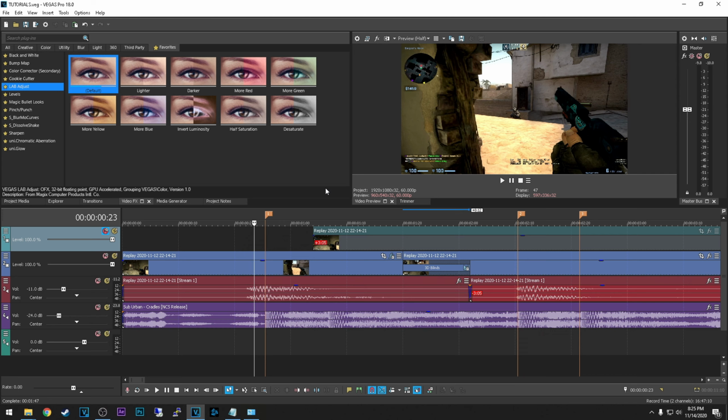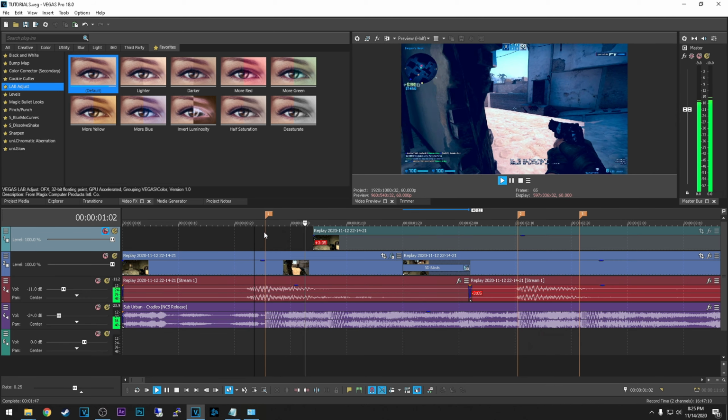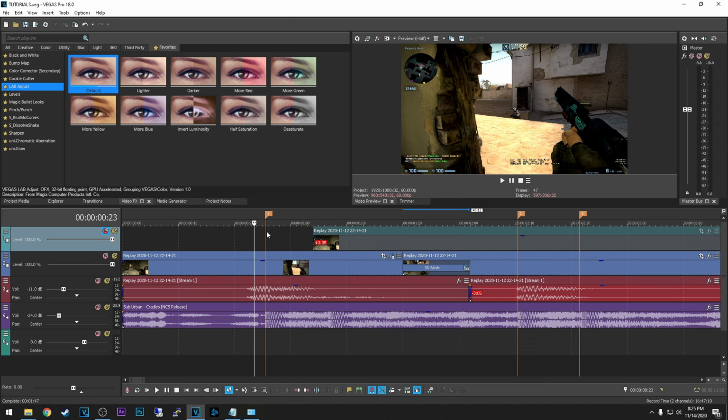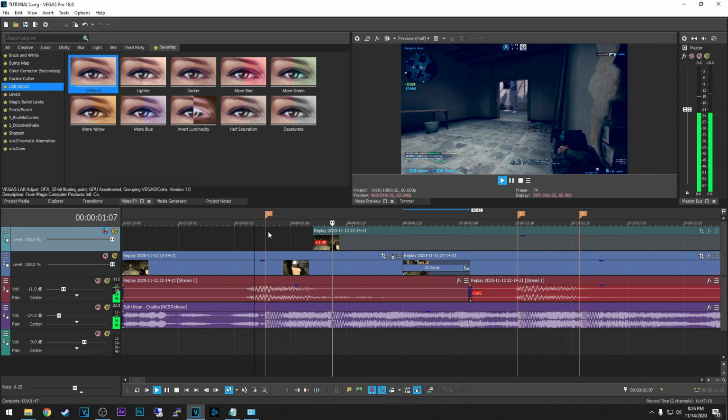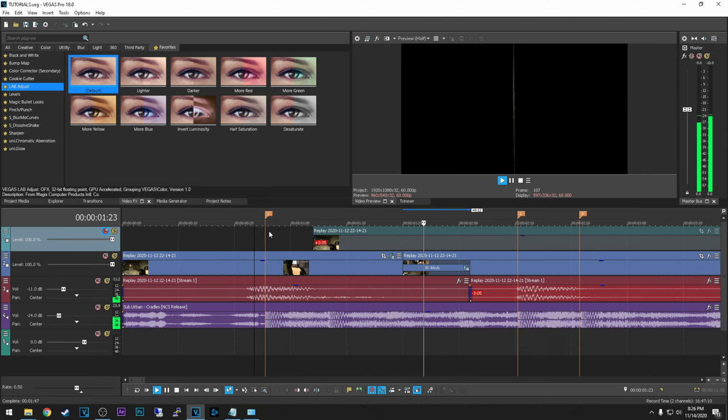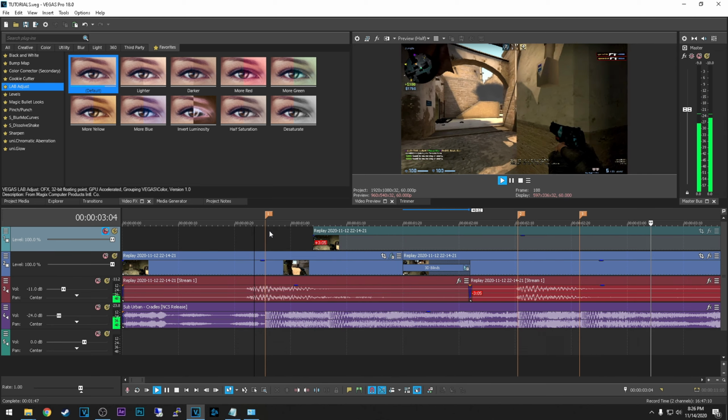If you want to see it really specifically, you can hold K on your keyboard and press L to play it in slow motion. If you press L multiple times, you will see that it goes a bit faster.